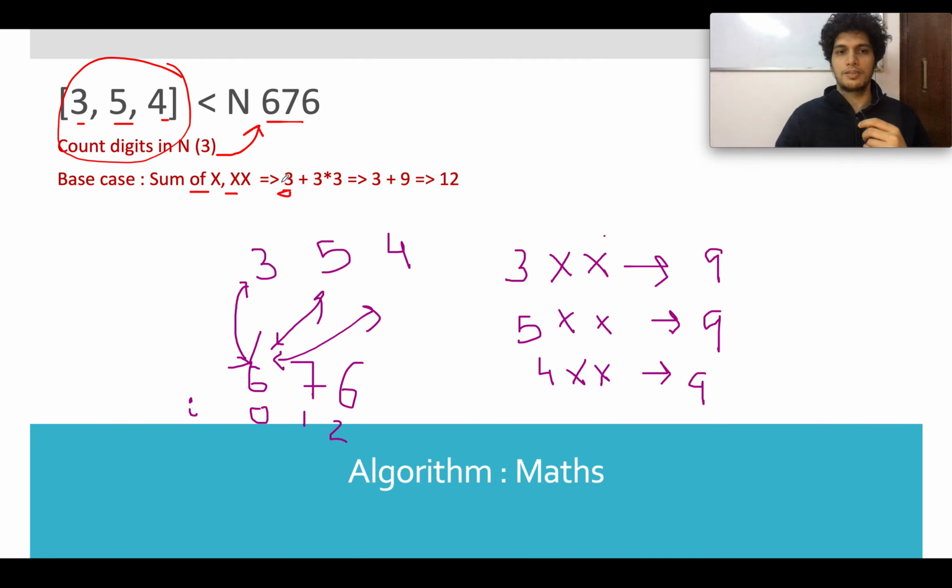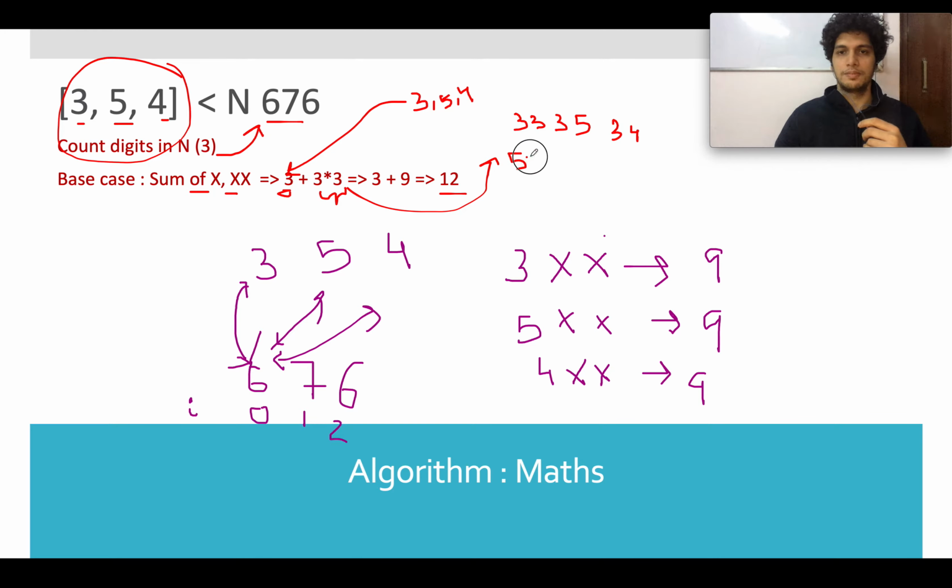And 3 raised to power 1 you'll add, because you can pick any number out of this, then you can pick any two digit number out of this, and hence you added 9 here. So 3 plus 9 gives you 12. So that means first 3 out of 3, 5, 4 signifies the first part, and for the second part is something like this: 3, 3, 3, 5, 3, 4. The way you used to solve it in permutation and combination logics.